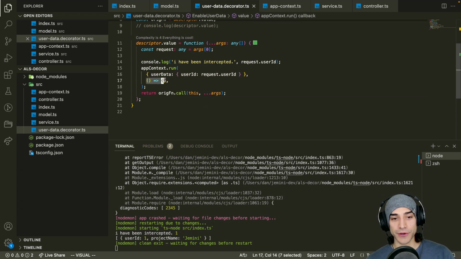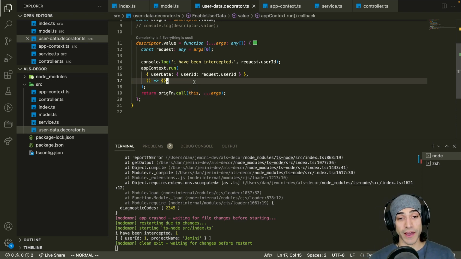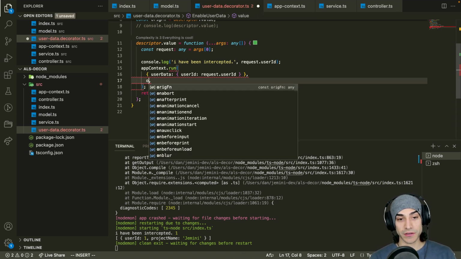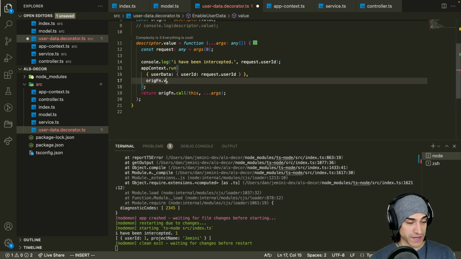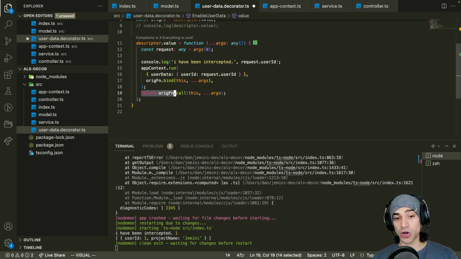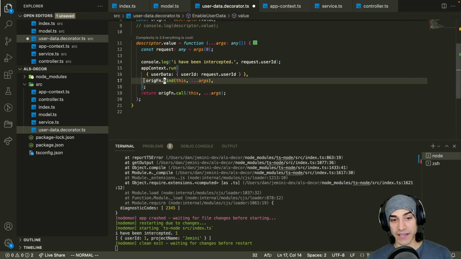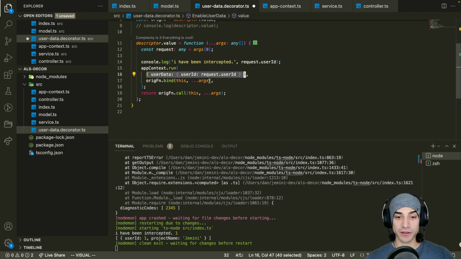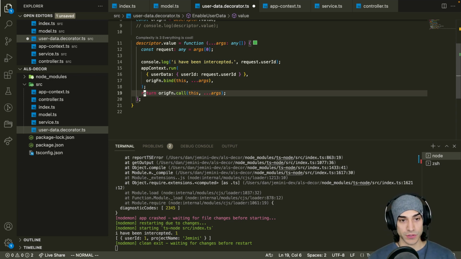We have this callback here though, and we want to make sure that this callback is actually the original function we were going to call. It's this guy here. And so the way that we're going to do that is instead of adding in this function, we are going to say, call the original function, but we want to bind this to this context and make sure that it does in fact call the args. We don't want to just straight up call it. If we called it, we would jump into that method before we're ready. We just want to bind this method so that after async local storage is done setting up the context, it will then invoke this function. So if we do this,